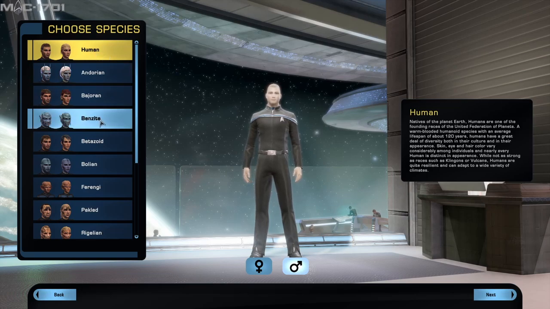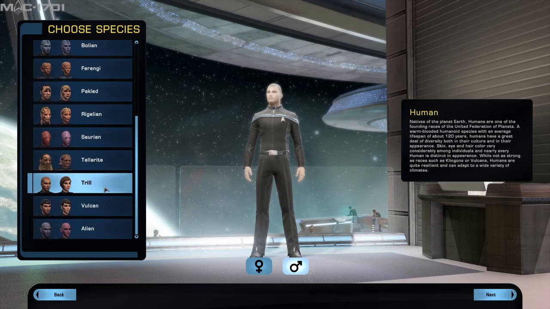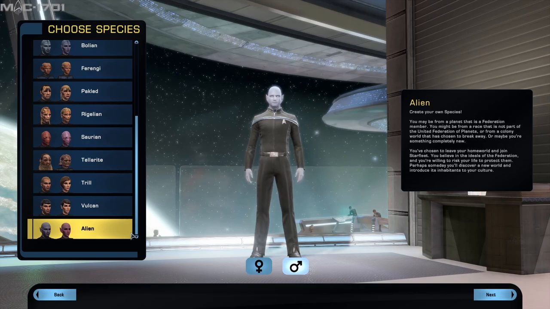Now, there's numerous species and they are faction dependent, but a tip is to create an alien character, and that is because you get additional trait slots for your character, which means you can slot more abilities. Now, that might not make much sense at the moment if you're literally just starting the game, but when we move on to the videos that cover traits and specializations in more detail, it might become a bit clearer. At least I hope it will. So, selected my alien, got my gender,